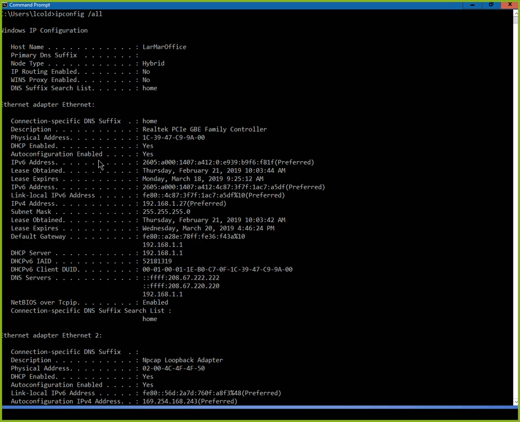So we have that ability, and the IP address 2605:A000:1407:A412:0, and this we got the 1, 2, 3, 4, and 1, 2, 3, 4. So the prefix that they assign me is here. It is a 2605, and then the last half of it is going to be the host portion of the address itself. When the lease was obtained, when it expires, IPv6 address, again here,